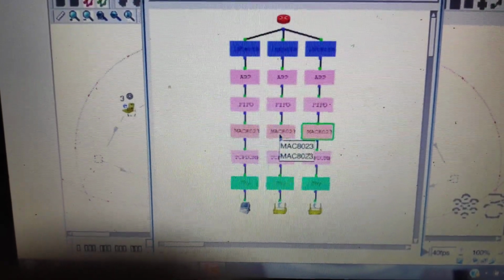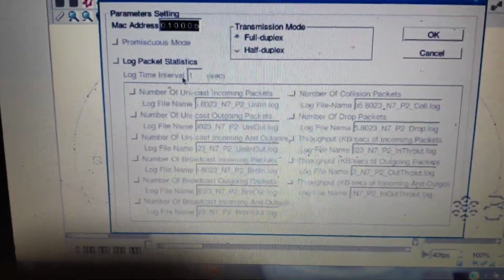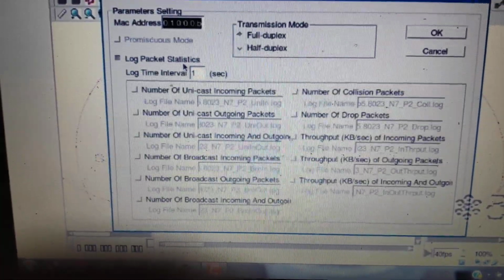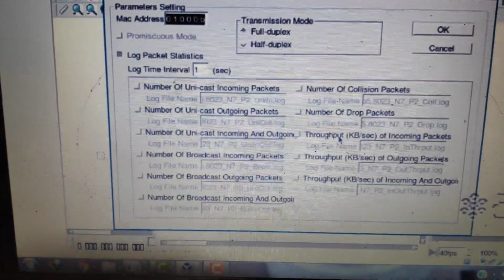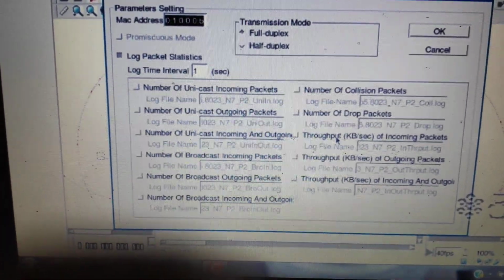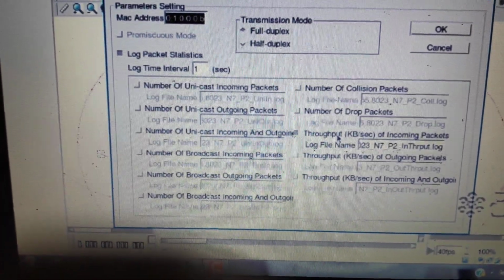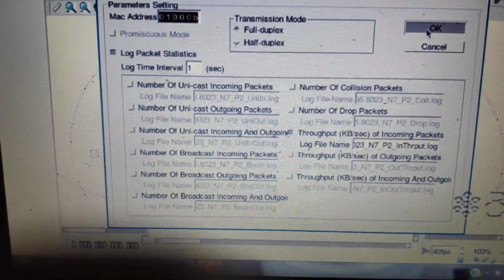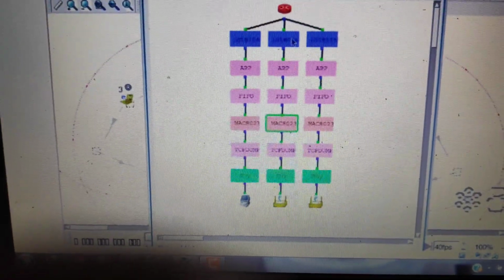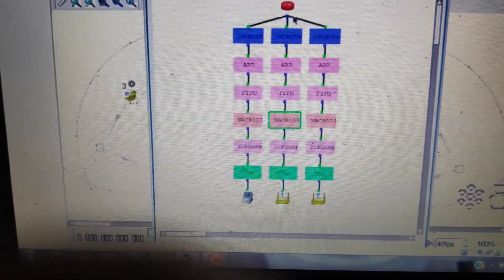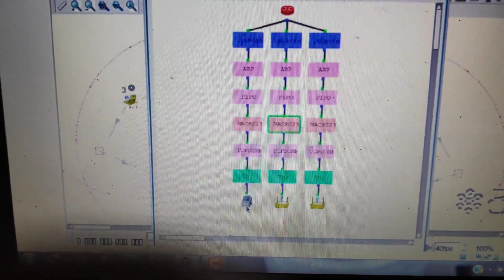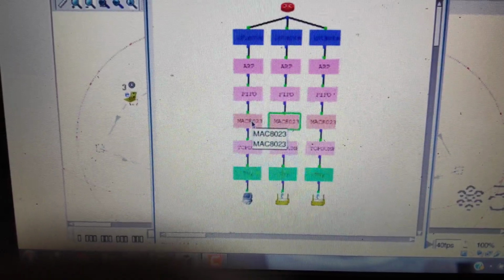Here also, enable the log packet statistics, and click on the throughput of incoming packet, because your router will act as a receiver of the information over here. Click on OK, and then we move on to the next configuration, that is for the host. The host will act as a transmitter of the information.